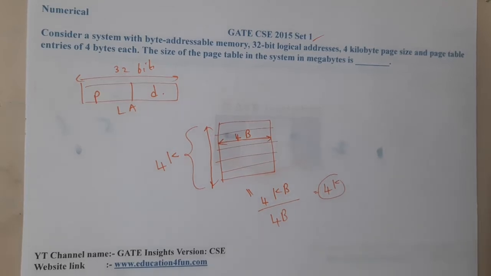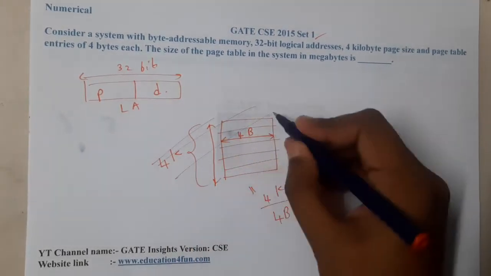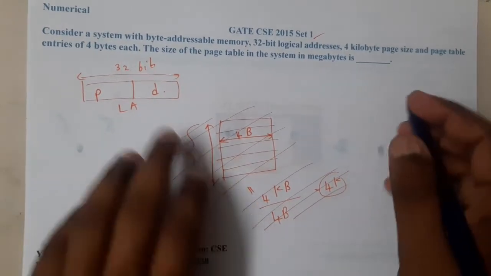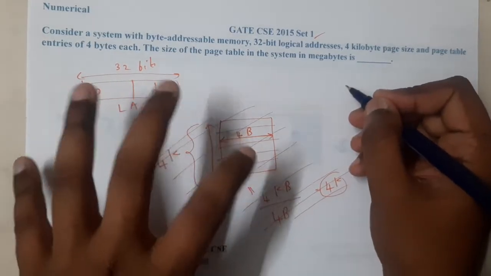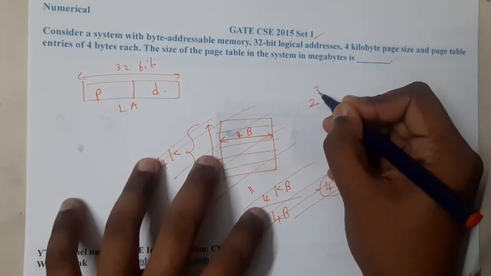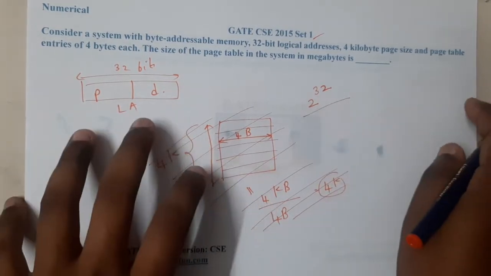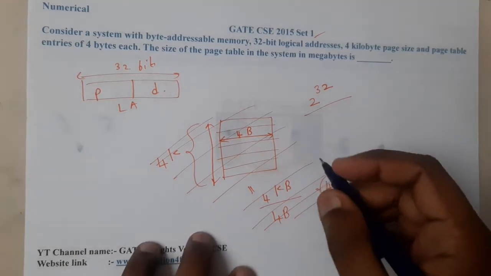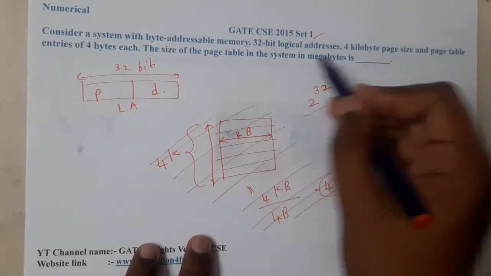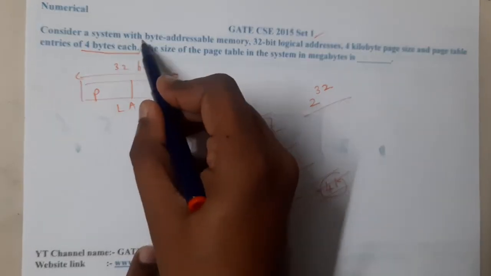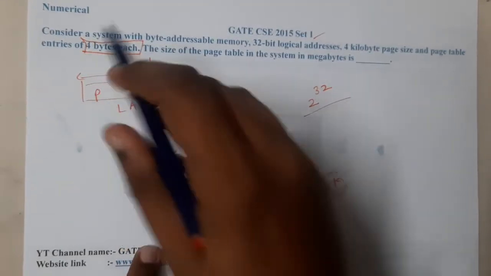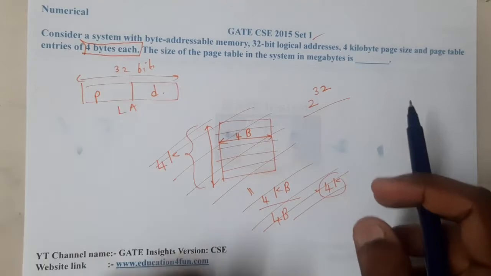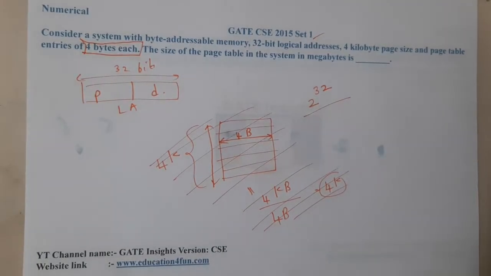Yes. I think I made a small mistake here guys, so let us analyze it again. What is the address size? The address size is 32 bits, so the total main memory size is 2 power 32. What do we want to calculate here? We want to know how many pages are there, because we already know that each entry in that page table is 4 bytes. If we find how many pages or entries there are, and multiply that by 4 bytes, we are going to get the answer.